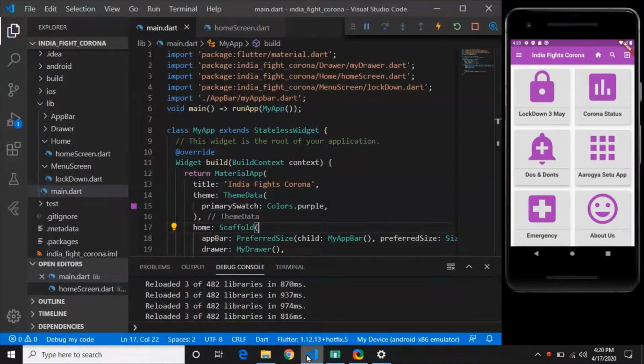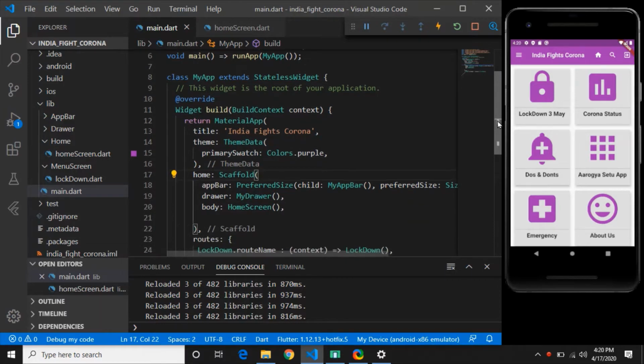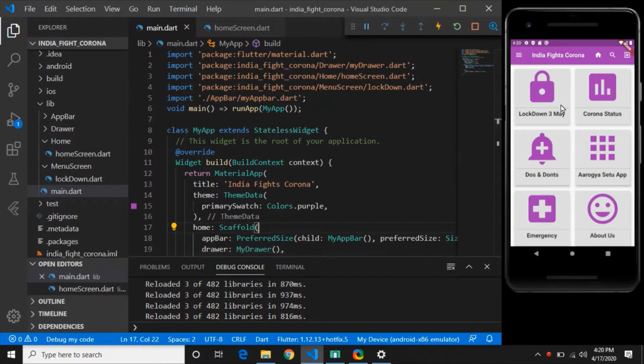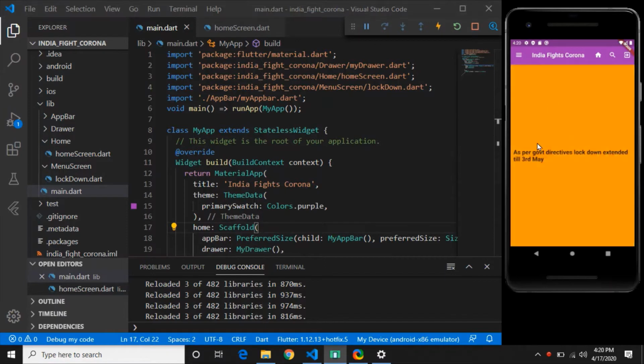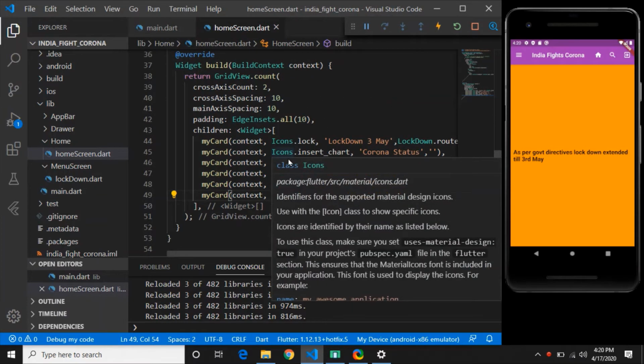Hello and welcome to part 8 of this tutorial. In this tutorial we are going to add data to the screen, and this is a step by step process. We have done it for lockdown and how to navigate. So today we will do the next part, that is corona status. Corona status is quite easy because we are just copying the same structure from the home screen, since our structure seems to be the same, and we will make a few little changes.